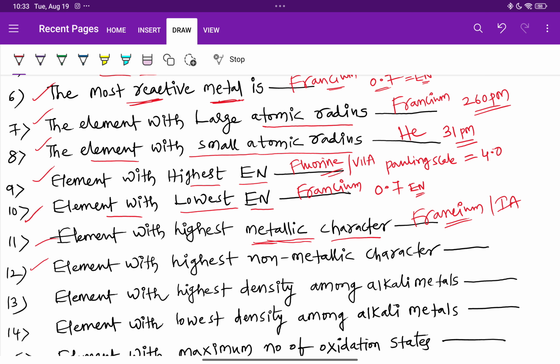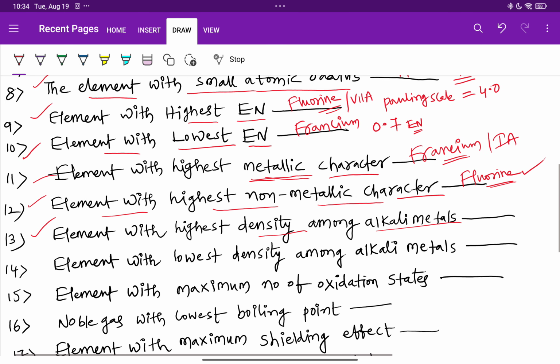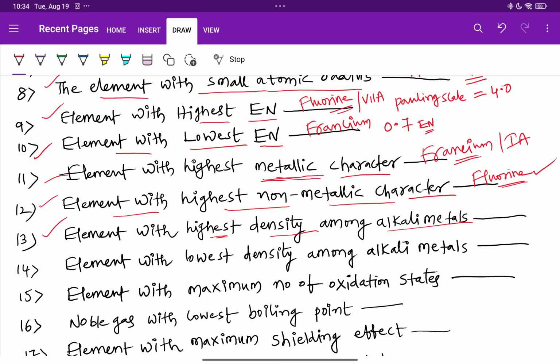And next 12th question, element with the highest non-metallic character, that is fluorine. The element which has more electronegativity is called the highest non-metallic. So fluorine is the topmost non-metal, the element showing the highest non-metallic character in the periodic table. And the 13th one, element with the highest density among alkali metals. Sometimes they ask this question, and here the answer is cesium,